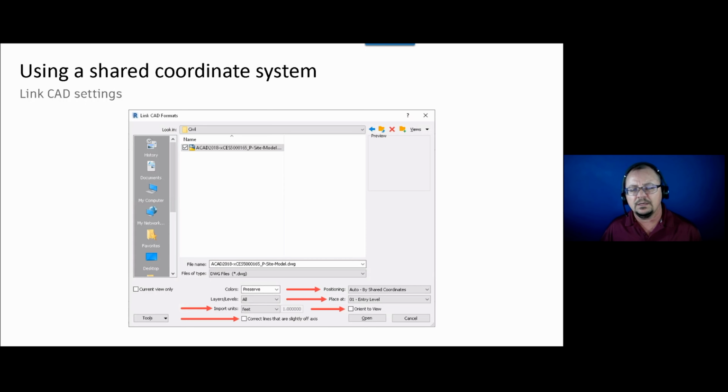The import units, you want to set that to feet, because that's the coordinate units that are being used in the drawing. And probably the second most important part after setting positioning to shared coordinates is to uncheck the correct lines that are slightly off axis, because you don't want Revit trying to make something square that is actually not supposed to be square.